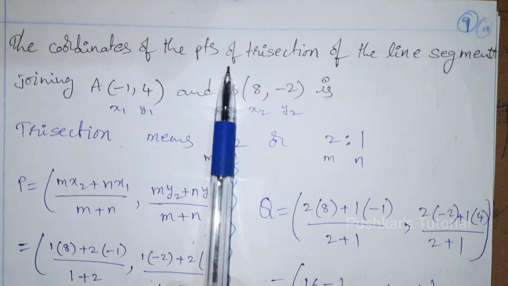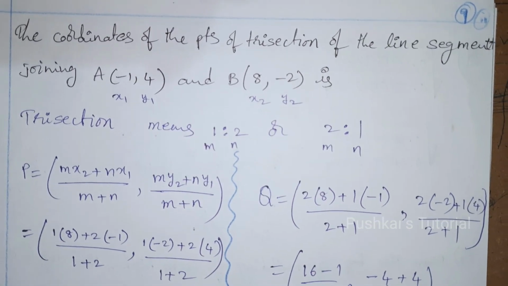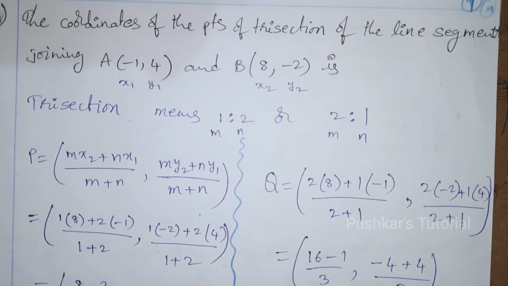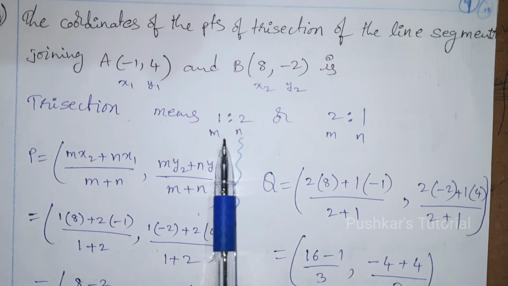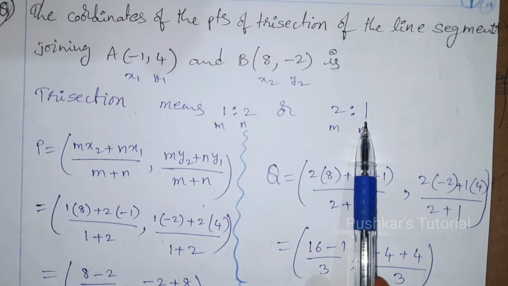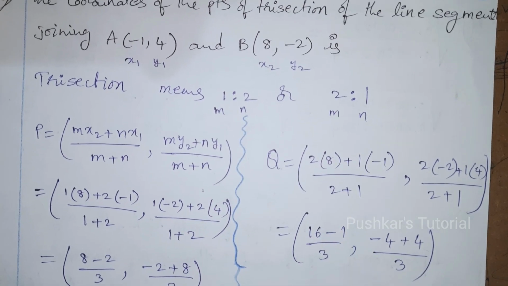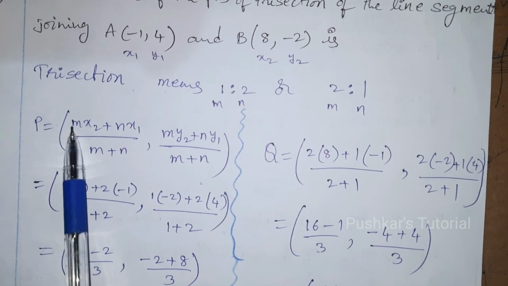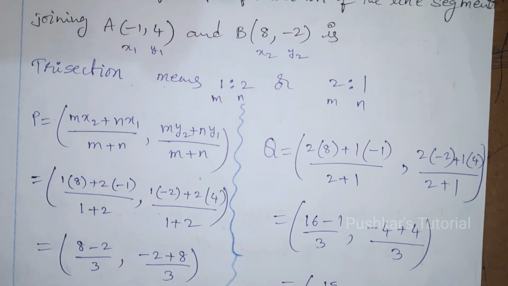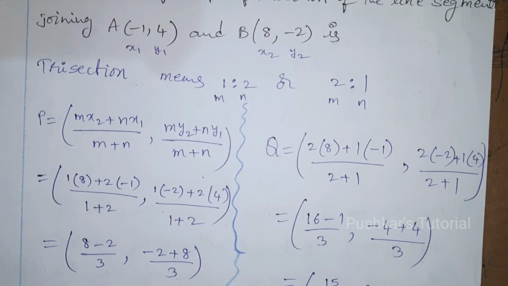The coordinates of the points of intersection of the line segment joining the points is. So here it is discussing the trisection. Trisection means it divides in 1:2 ratio or 2:1 ratio. So two partitions we will write. One case is 1:2, second case is 2:1. So the section formula we know: mx2 plus nx1 by m plus n, my2 plus ny1 by m plus n. So substituting all the points, we will get the answer as